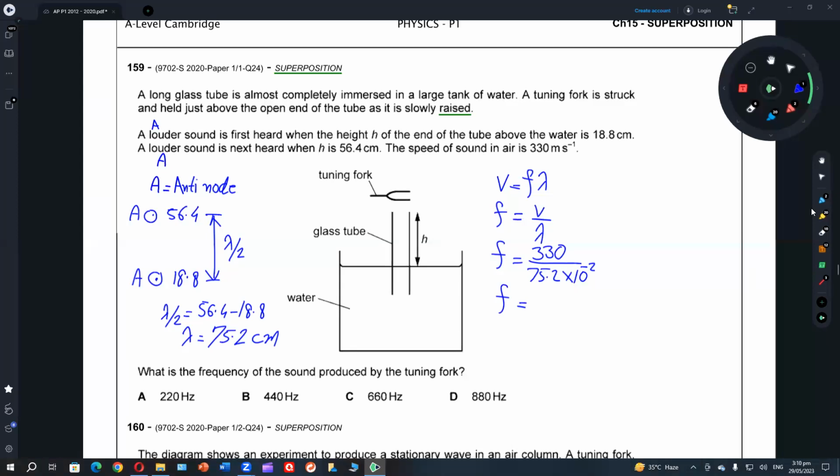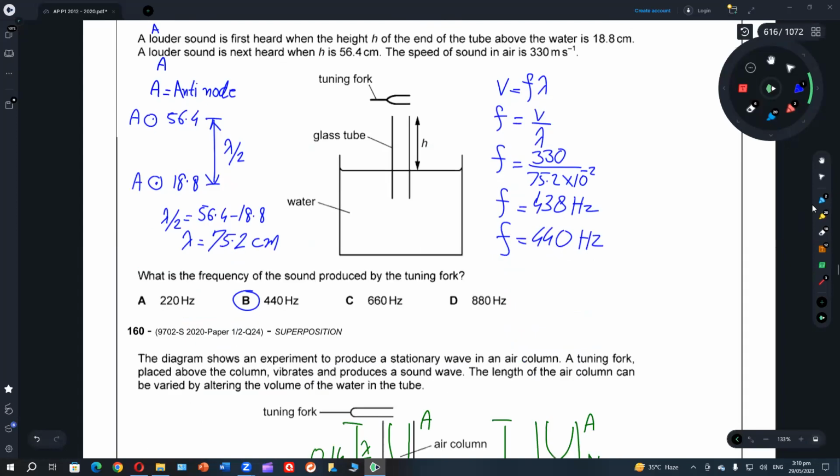It is coming like a very high answer. Acha. No, I think I did something wrong. It is 438, so 440 almost. So it means the answer is B. I took the height as millimeters first. That is why it was coming higher. Acha, that's fine. Now we move to